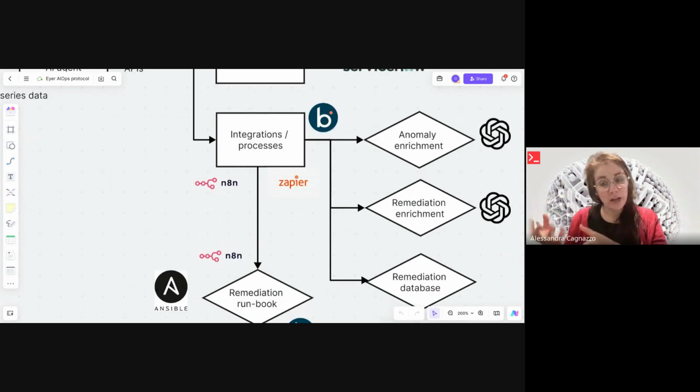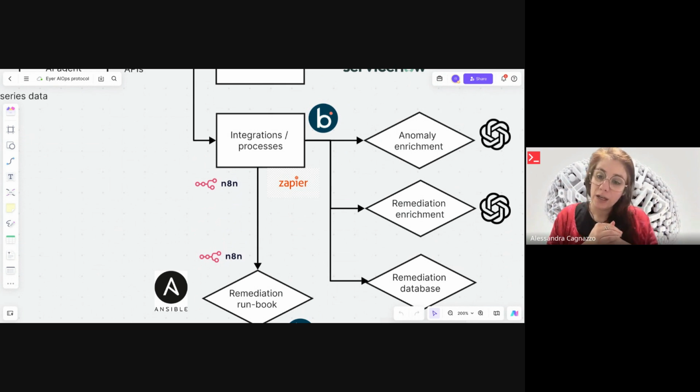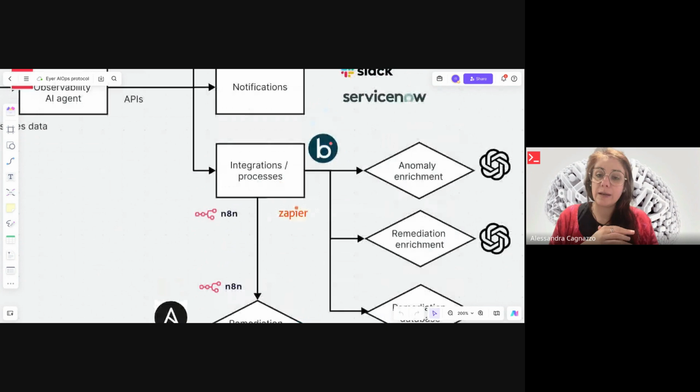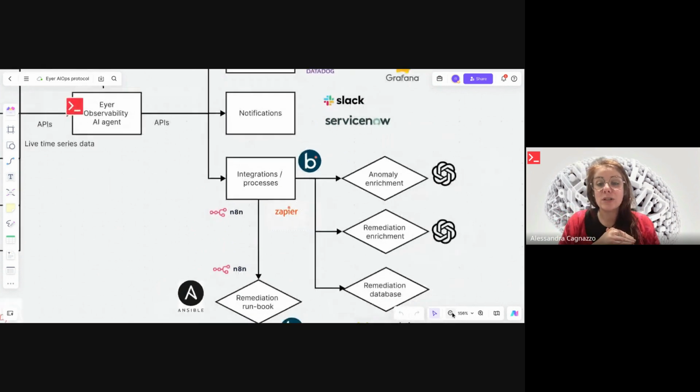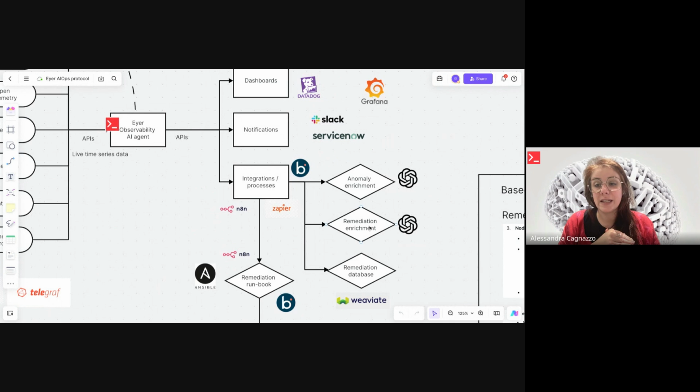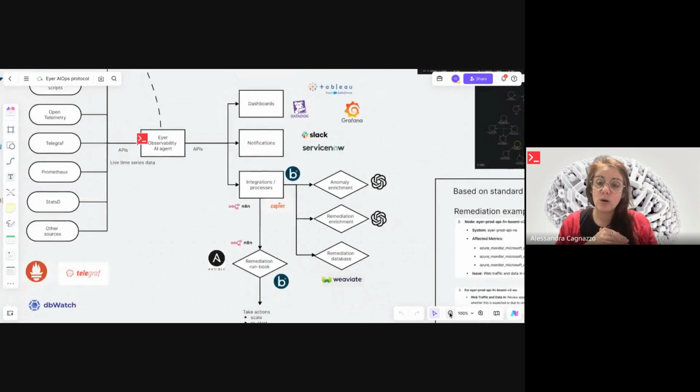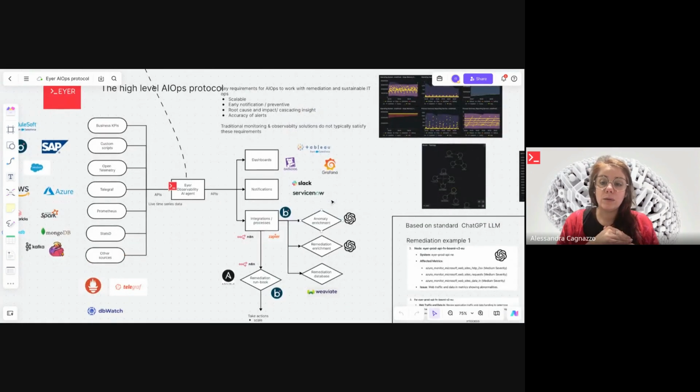Just 2 words on the second episode before we go back to that one. The second episode was basically building an LLM chatbot that was integrating with Eyer. Using the Eyer API this time, it could read what anomalies were ongoing, and you could ask questions about the anomalies ongoing on your system. And also we